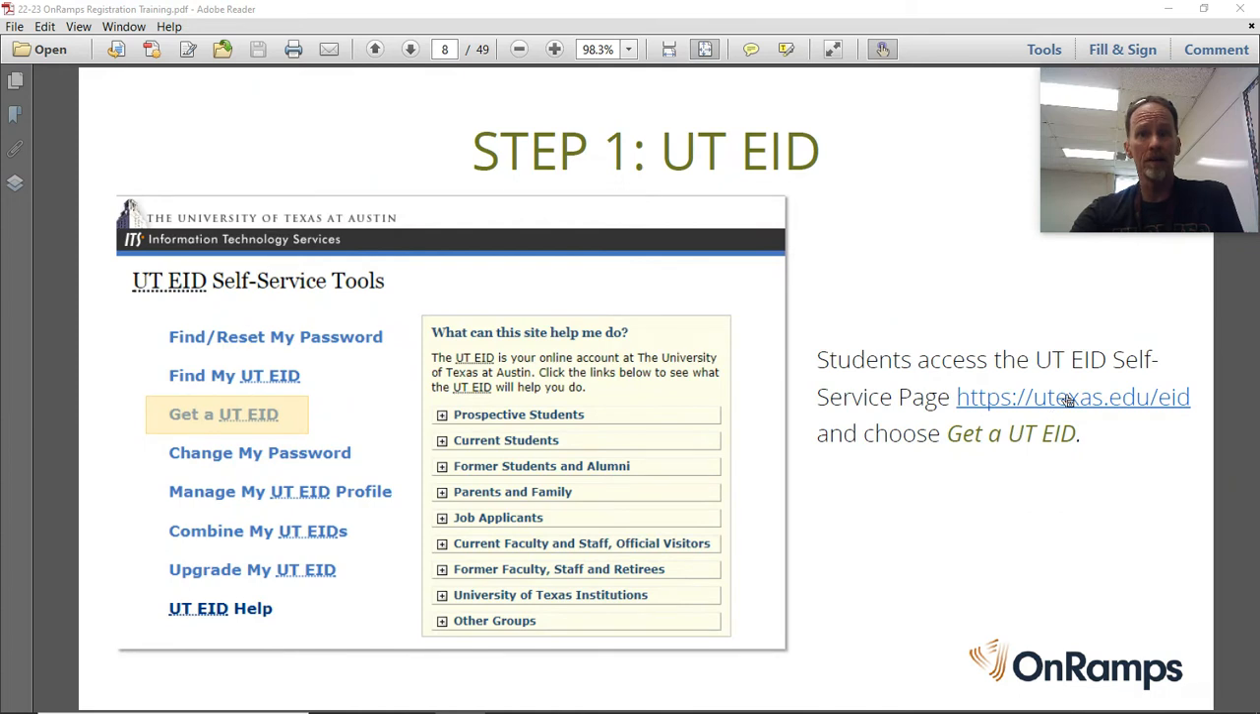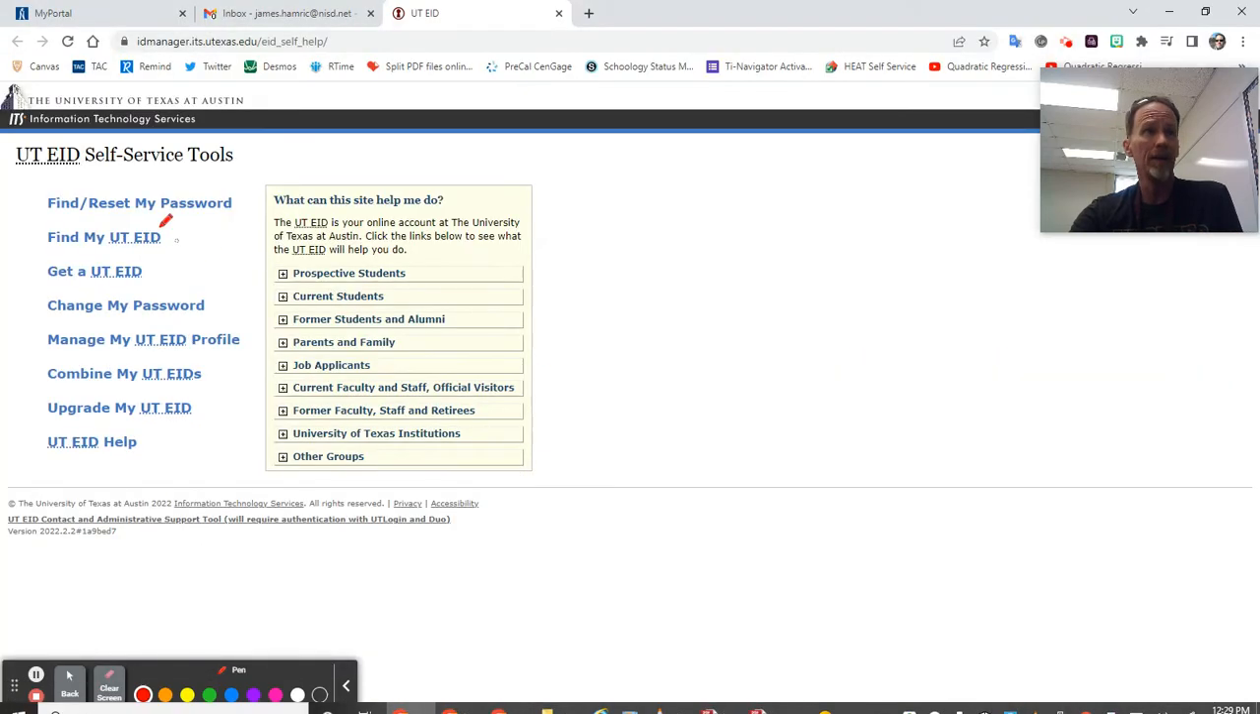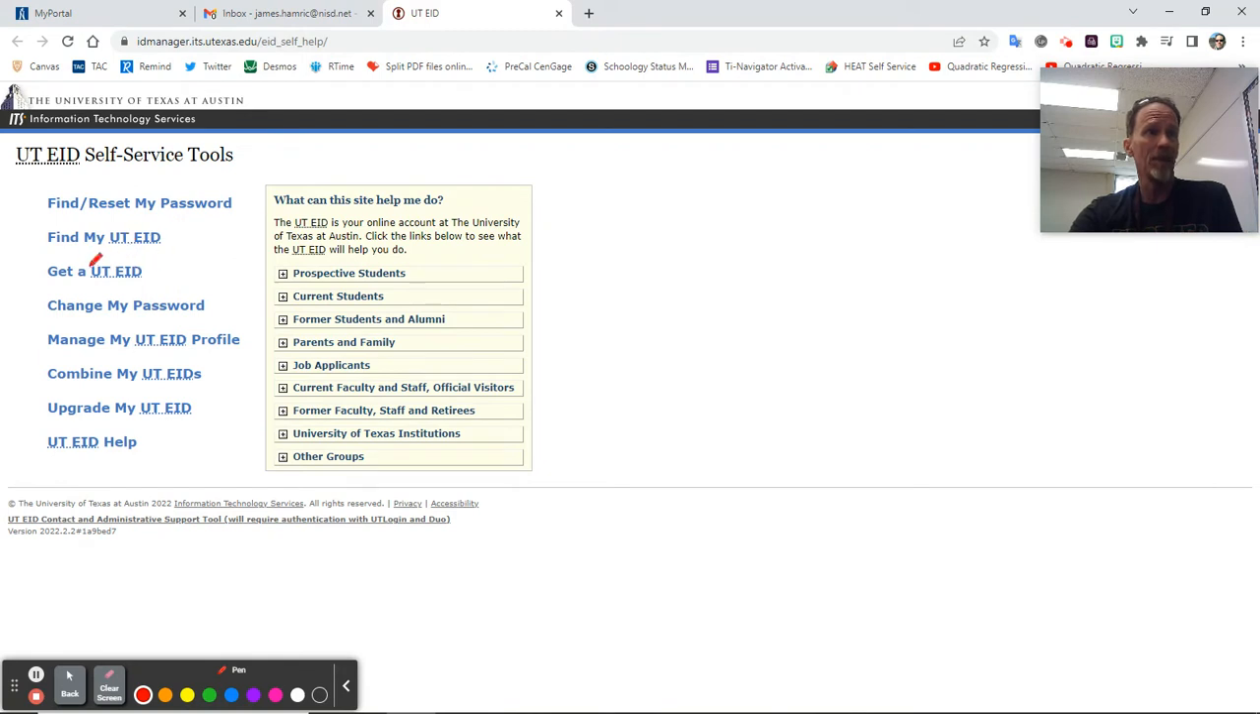You're going to go to this website right here, utexas.edu/EID, and you're going to see this screen pop up. I'll show you that real quick. It's going to look exactly like this. And what you want to do is choose Get a UT EID. Unless